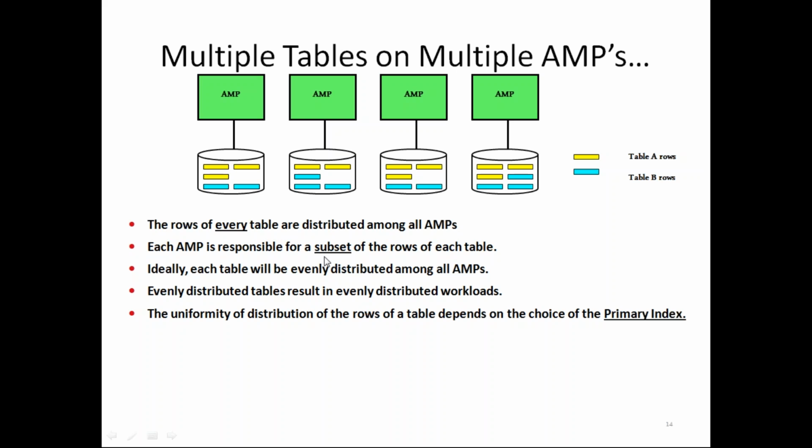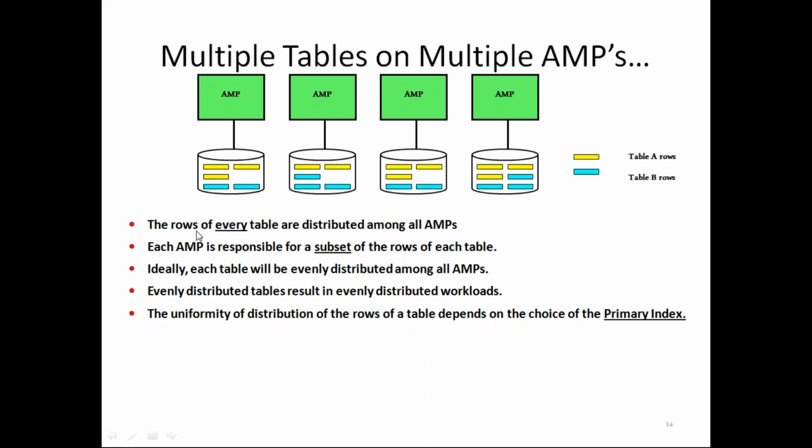Each amp is responsible for a subset of rows of each table. Okay. So in this terminology, if I say data is distributed across the virtual disk or data is distributed across the virtual amps, both are same. Okay. When I say the data is distributed across the virtual amps, it is nothing but the corresponding virtual disks only. So in terminology, we may say sometimes the data is distributed across the amps. You may not get confused. Okay. The amps are nothing but the associated virtual disks we are referring, because there is a one-to-one association. Okay. So both terms may be used in the data distribution, the data distributed across the amps or across the virtual disks, both are same.